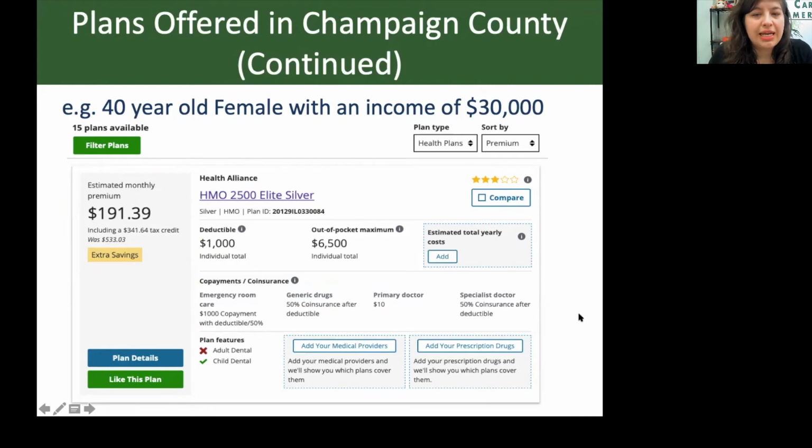Again, things to take into account is your income. You might qualify for more of a subsidy. You might qualify for less of a subsidy. Your age is also still taken into account when they're coming up with the pricing for these plans. And then, of course, if you're a smoker or a non-smoker, so they can still ask that, even though they can't ask about any kind of pre-existing conditions or anything like that, they will still be able to ask you whether or not you're a smoker, and that will affect the price of your premium.